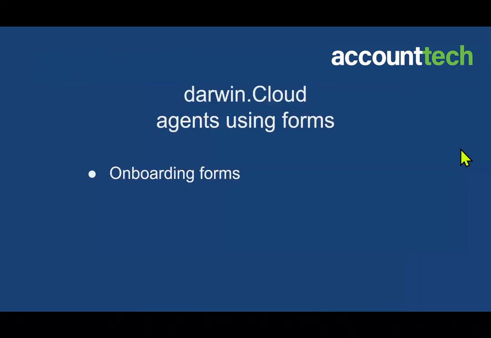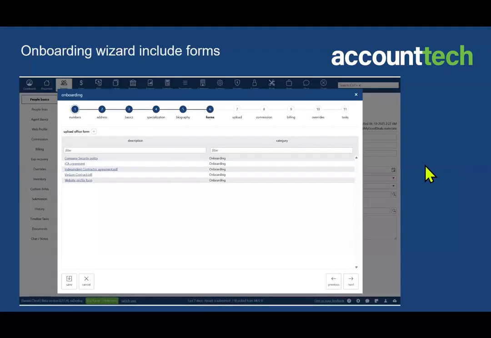So I want to show you something about onboarding. This is very, very much a work in progress with AccountTECH. We finished our version 1.0 of our onboarding wizard, and there's tons of enhancements to come. But with the version that's out right now, I just want to show you something that's possible. So let's say different people in your company use this onboarding wizard,